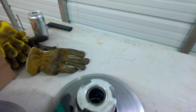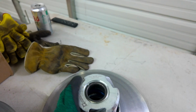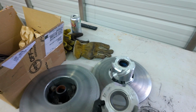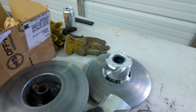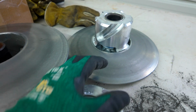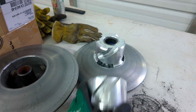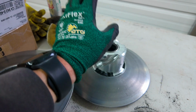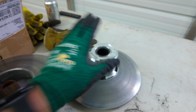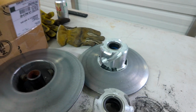Okay, so I got the new high load helix installed. This is the old one. They look the same, but if you can see the way that this is cut out, they're different. Don't ask me what that does, I have no idea, to be honest with you. I just know that this one is better for 35-inch tires, sand tires, mud, whatever. This is more for a race setup, and it's not gonna work with 35s. So now,